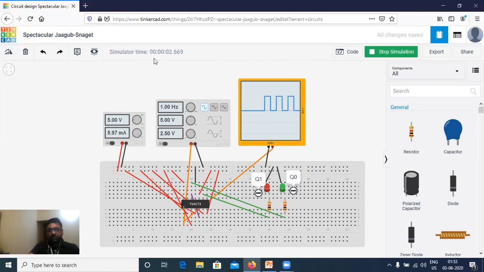This is the simulation time. You can see the clock here on the CRO. But still it is lagging a bit.